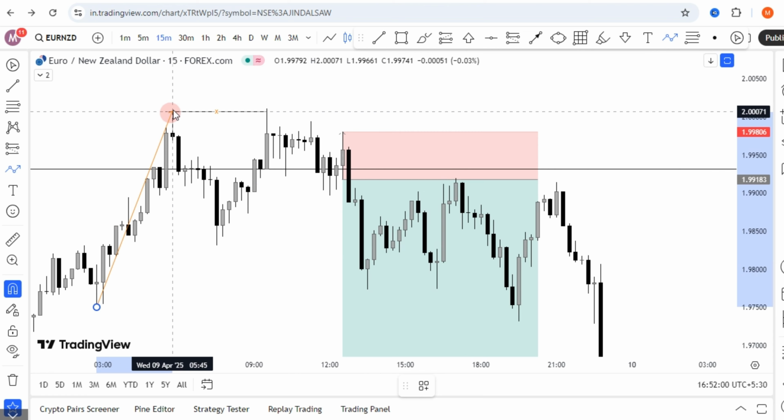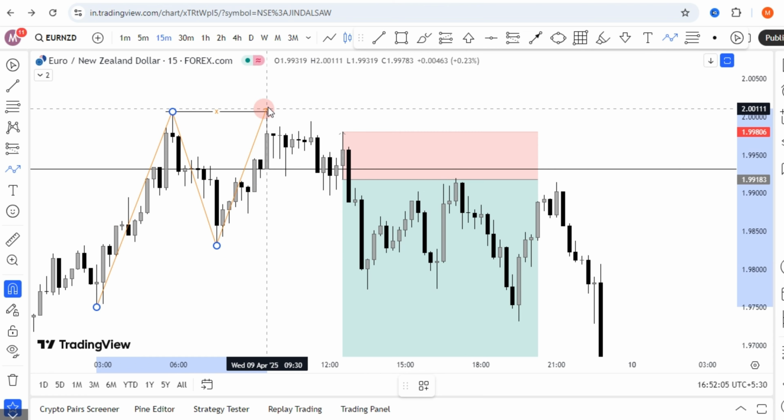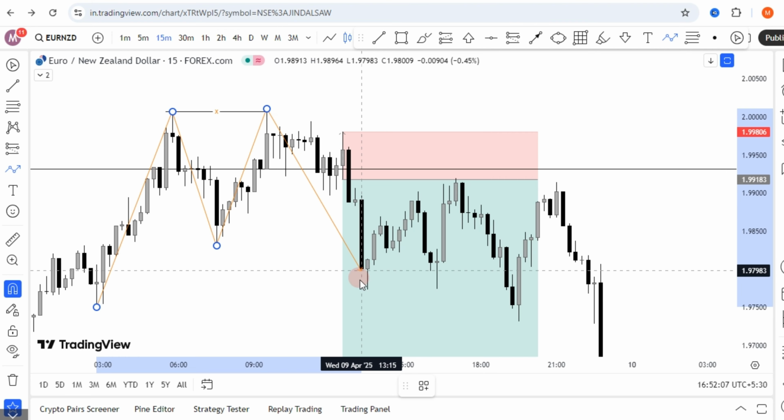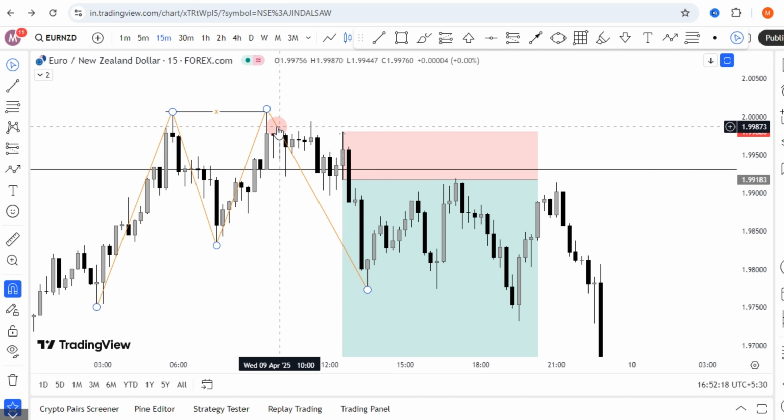The market was going up. It gave a small pullback, then it gave a small reaction upside. Then it gave a market structure shift to the downside. See the market structure shift to the downside. And this one was a sweep, so the candle does not close above. The candle does not close above.